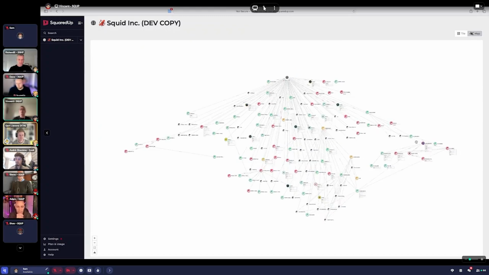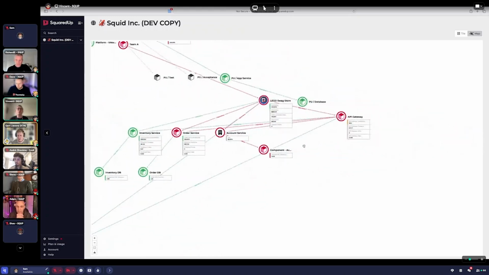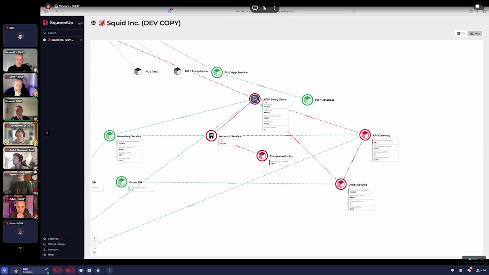Now that application is actually made up of several dependencies, some of which we just looked at, the order service, for instance. So we knew the order service was red, and what that view lets us do is two things, I guess. You can see the KPI, obviously still in that view, that's still important, but you can also start